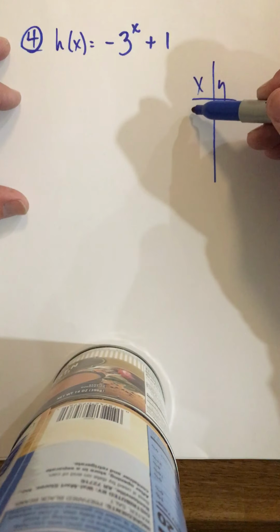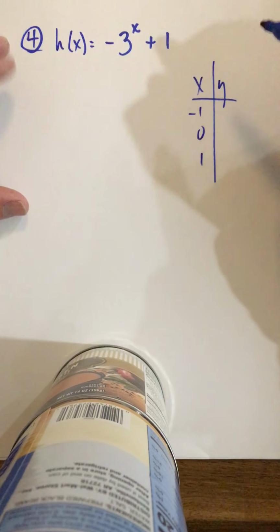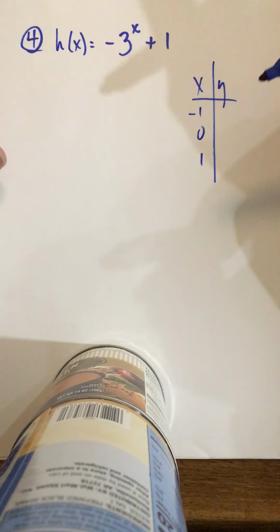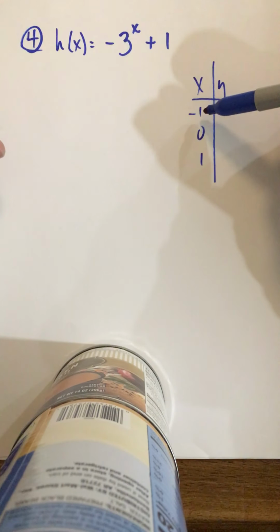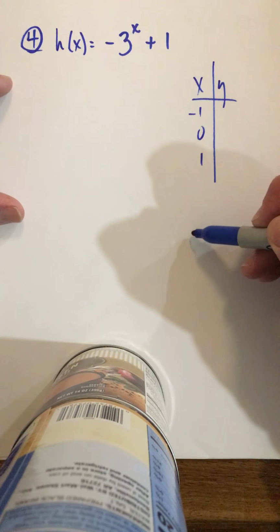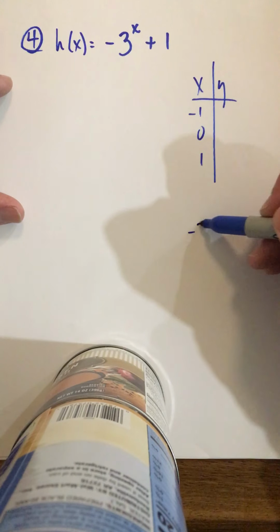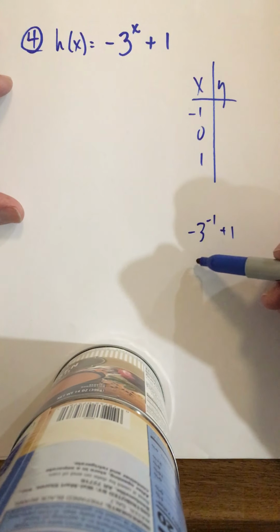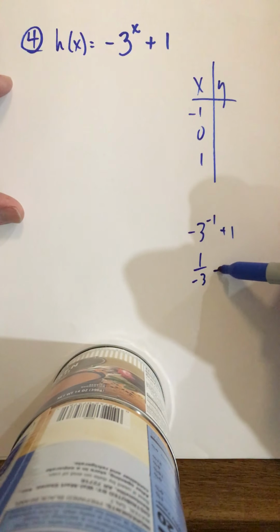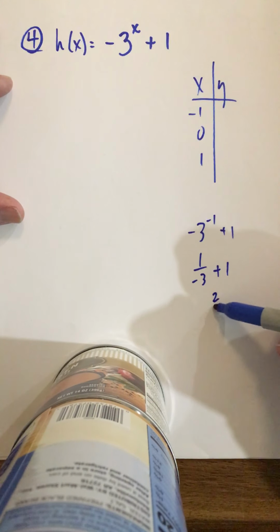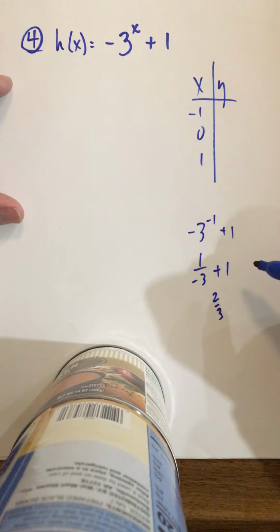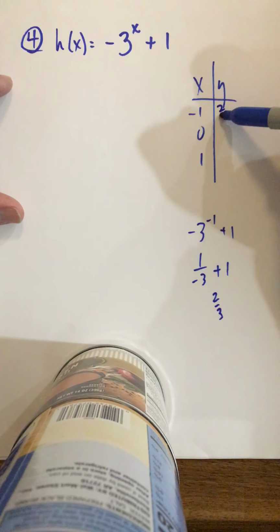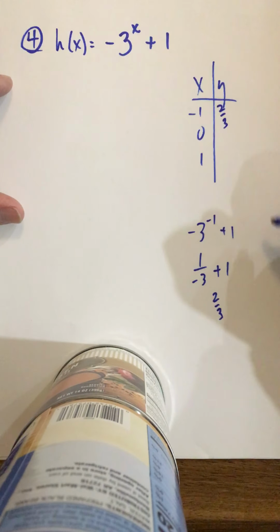And let's just plug in like 3 points just to see what we should already be able to figure out on our own. If we plug in a -1 right there, I'll do it down here. You got -3 to the -1 plus 1. That's going to be 1 over -3 plus 1, which is going to be 2/3. Okay? So that's 2/3. If you plug in a 0, that's going to be